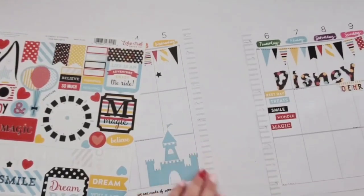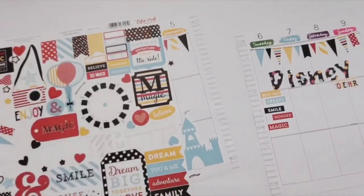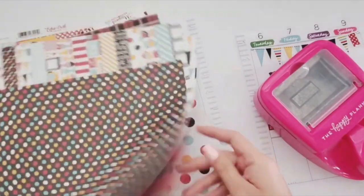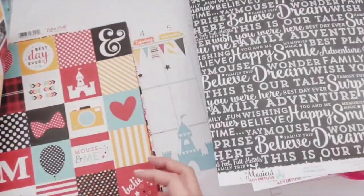So then I go and I'm trying out all these different stickers. You'll see me do that throughout the video because I really want them to work on this layout. But unfortunately, a lot of them are just sized way too big. So then I decided, you know what? Let's just cover up these boxes. You have all this beautiful paper. We don't have to just stick with the stickers. So I searched through